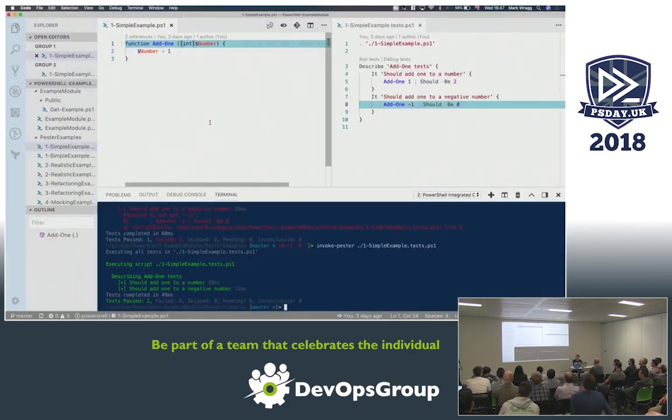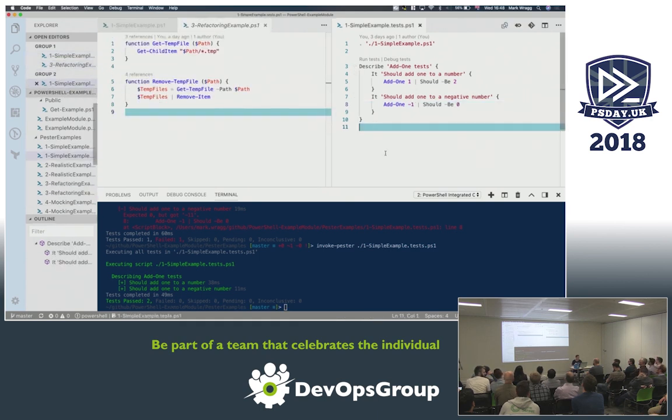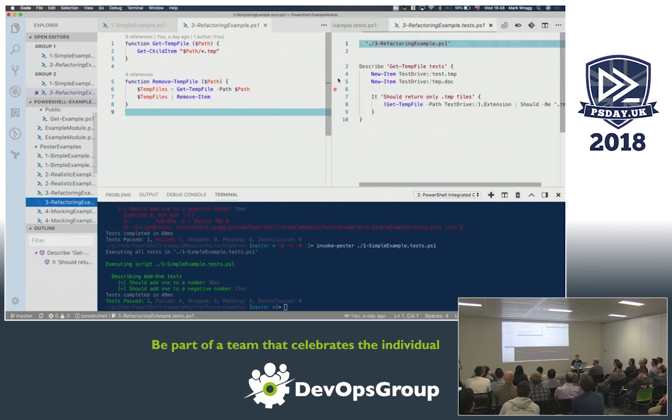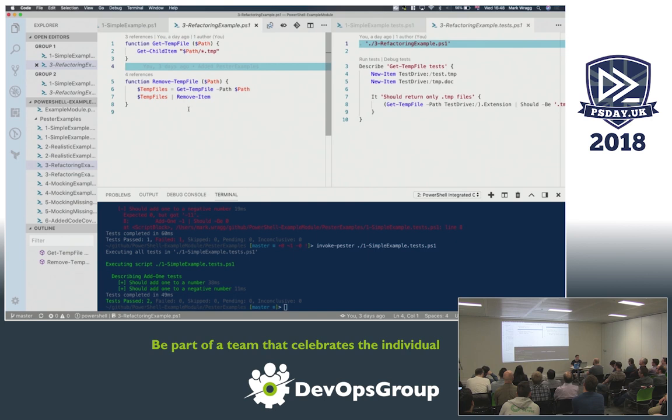Oh, by the way, I love VS Code for Pester development in particular because of this split pane view. Again, I write my code first and then I think about testing it afterwards. I don't do the test-driven development concept, but it's really nice once I've written my code to stick it on the left-hand pane and then start writing Pester tests, and I can go through my code line by line and go, okay, how am I going to test each aspect of this? So, okay, here's that refactored version,